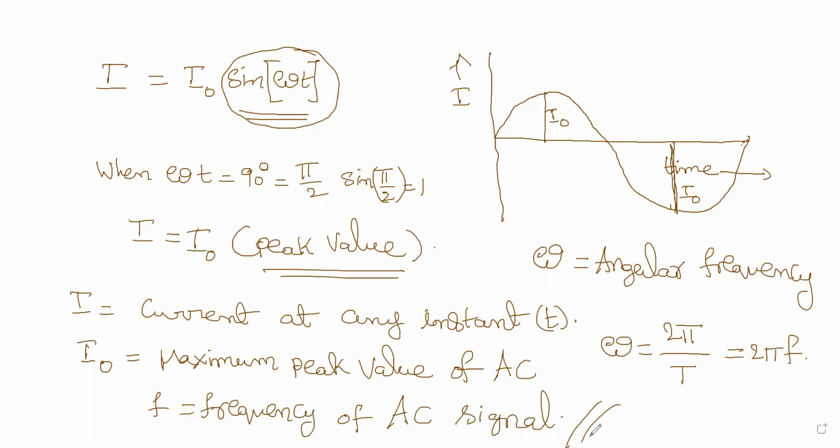I hope this is clear, everyone. Now this is the first part. Is this clear? First part, we are introducing the alternating currents today. So what is the graph we have drawn? This is I versus time. So the I versus t graph is like a sinusoidal wave. It's like a sin x curve. It's called sinusoidal.